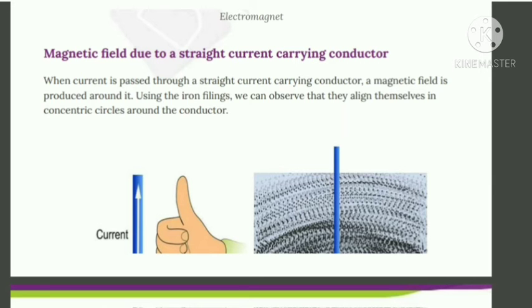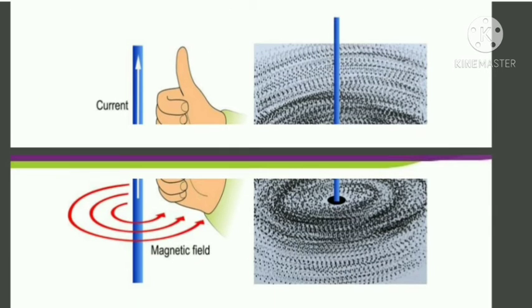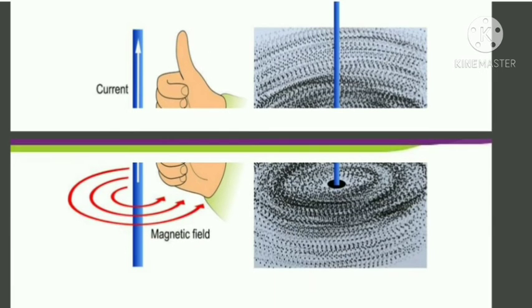If we make one hole in a card sheet, spread iron filings around it, and insert the straight conductor or wire through that hole, with one end of the wire connected to the positive end of the battery and the other to the negative end,